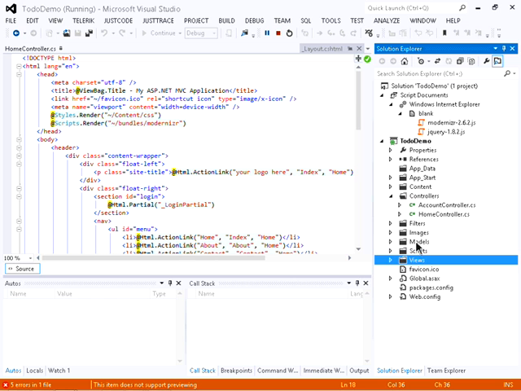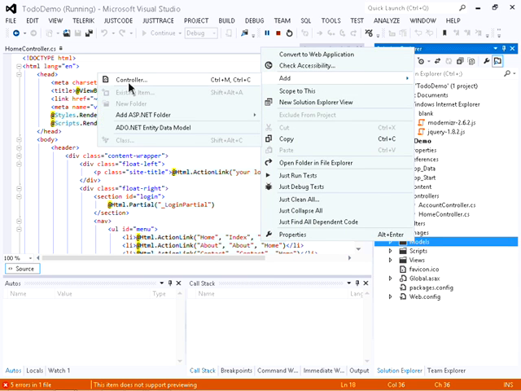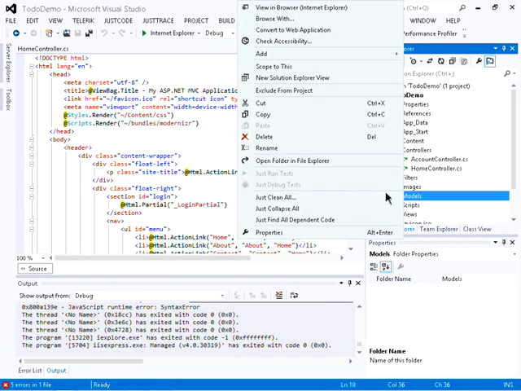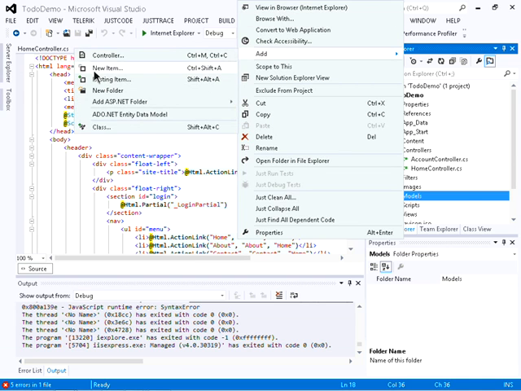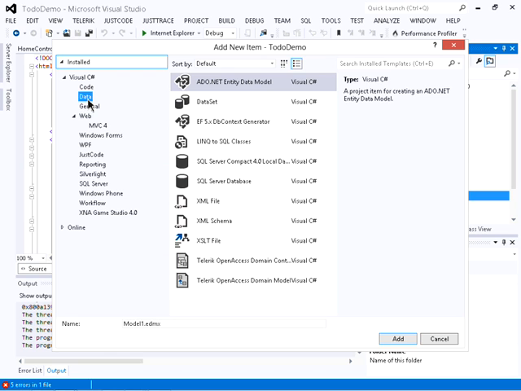So let's actually create something that involves a model. Like I said, we're going to do a to-do list example. So we're going to have to stop our project. We're going to add a new item. And just to make things quick, I'm just going to use an ADO.NET entity data model. For those of you who don't know what an entity data model is,